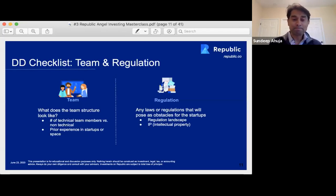Intellectual property. For those of you, intellectual property sometimes can be overhyped. Folks will say, oh, I've got a patent on this or a patent on that, and patents are great, but execution is oftentimes, I won't say always, a little more important, perhaps, because at the end of the day, you can have a patent, but if you can't execute on the idea, it may not turn out as well as you may have hoped. So IP is important. If they have patents, great. It's definitely a plus, but you'll want to make sure they also have the execution chops and execution plans to execute on the opportunity